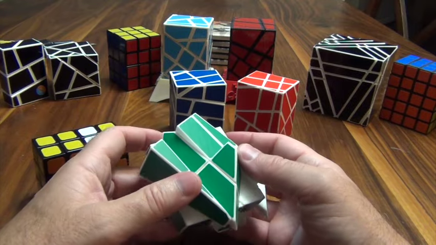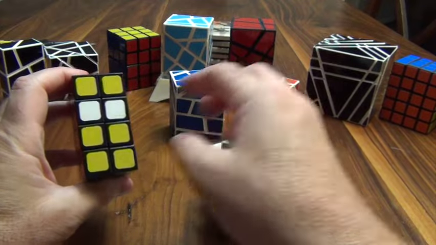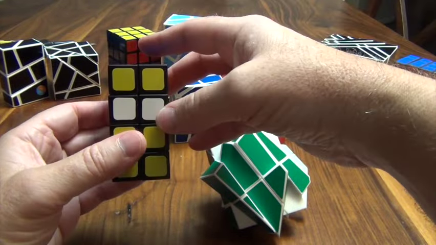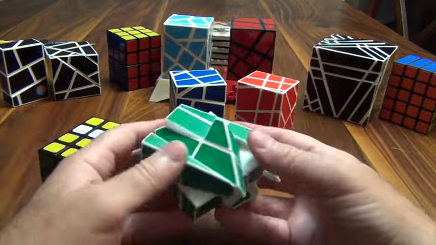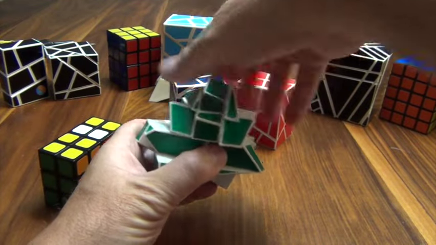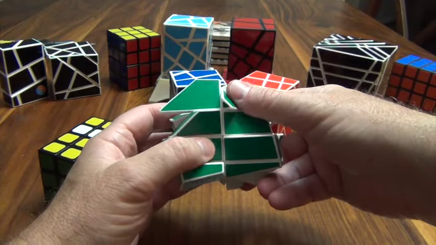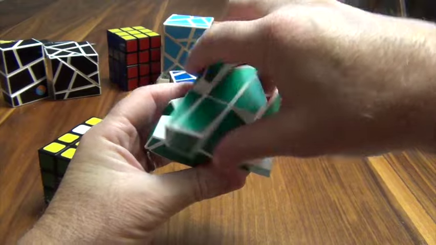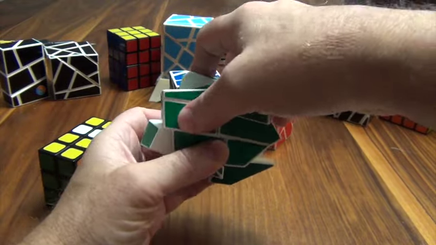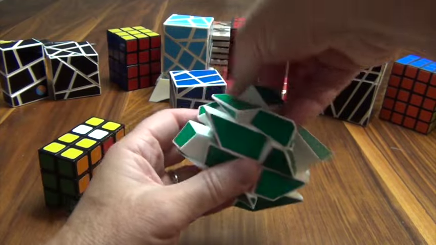So what that means is it's like these two need to be swapped, and it's the same kind of thing. So if I were to swap them, I'd hold this here and say to U, to R, to F, to U,